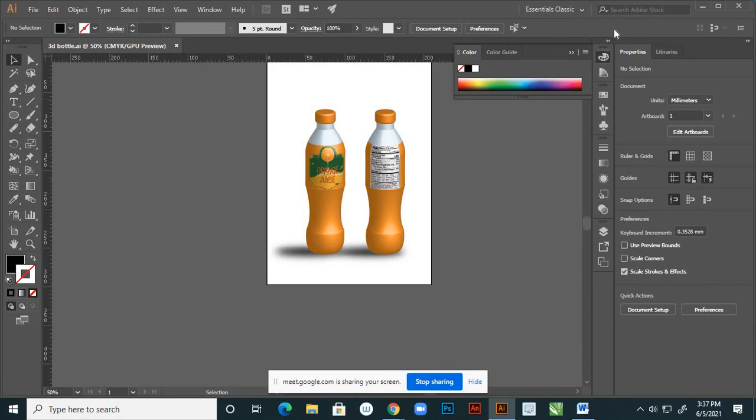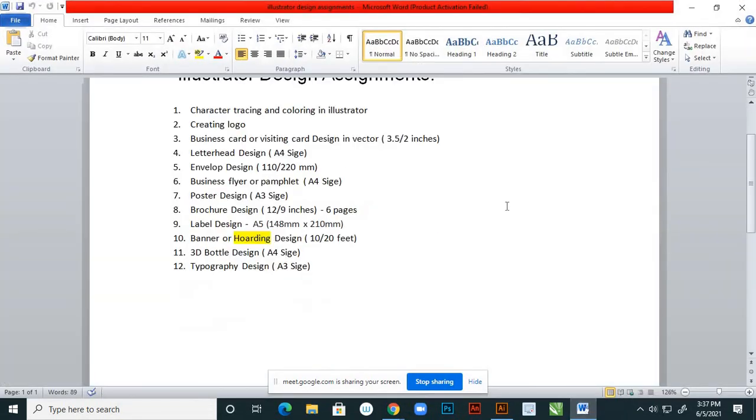So the next one in our list. See, the only pending portion is the banner or hoarding design. This I actually wanted to explain on Monday. So that's a very small theory. I'll explain now. The practical work will start Monday, and Monday is the last class for